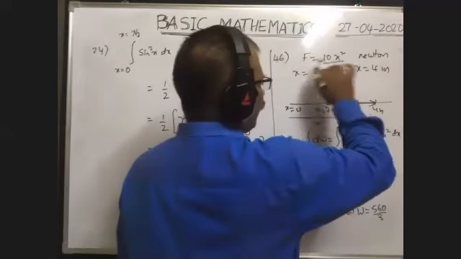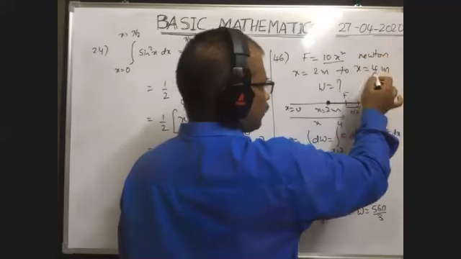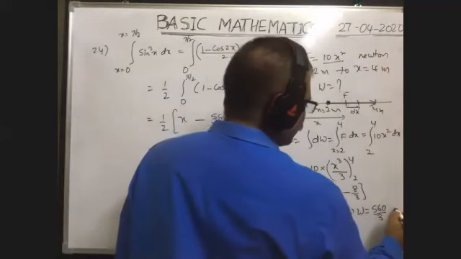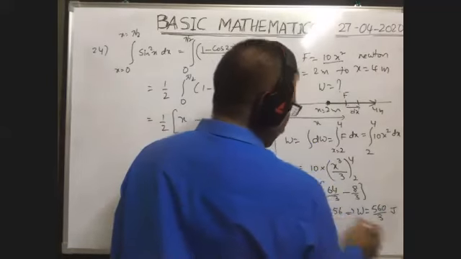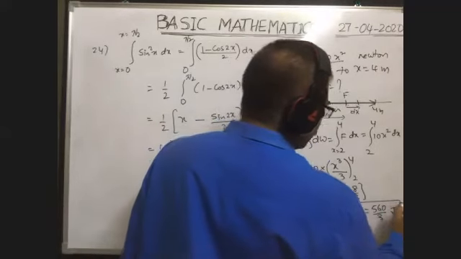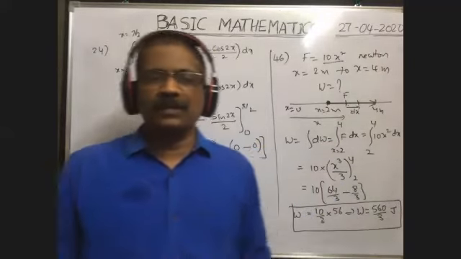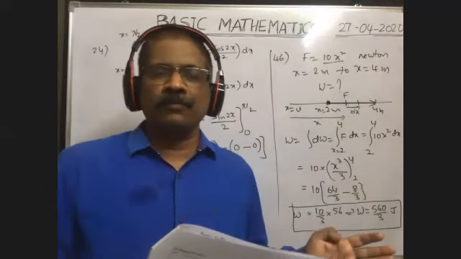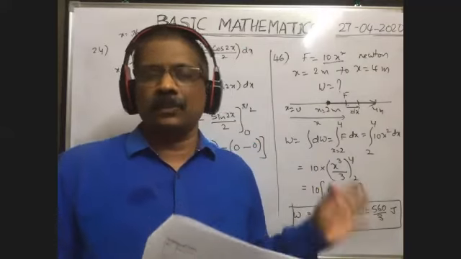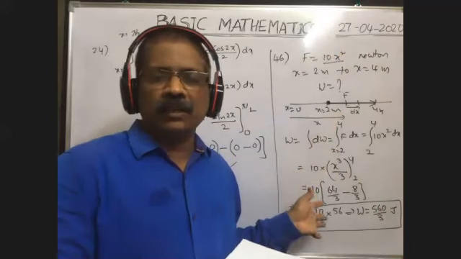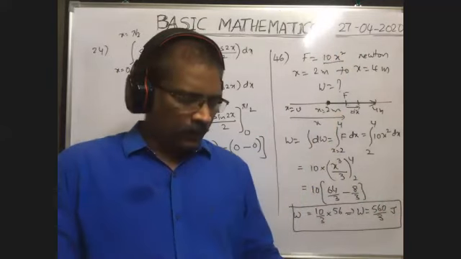Here all data is given in the SI system, that means Newton, meter, etc. That's why in the SI system, work done is measured in joules, capital J symbol. So this is the answer. In this way, you have to do. I think you could understand when we have to use the integration method, because when a variable force acts on them, we can do it by the integration method. Okay. Next.